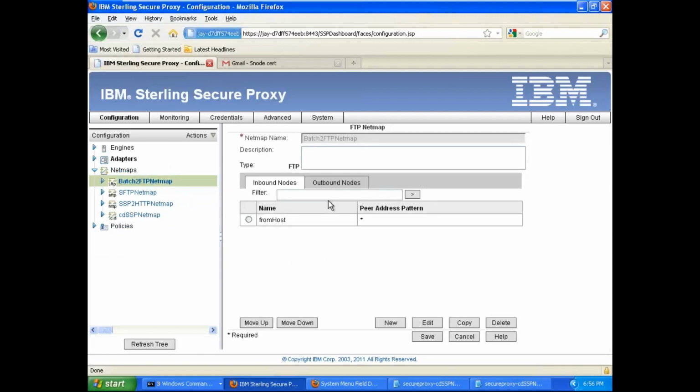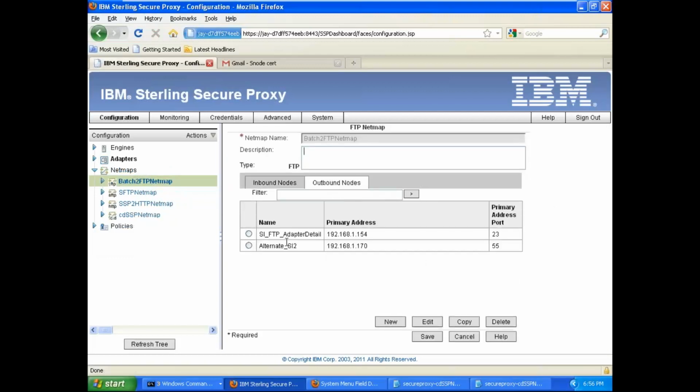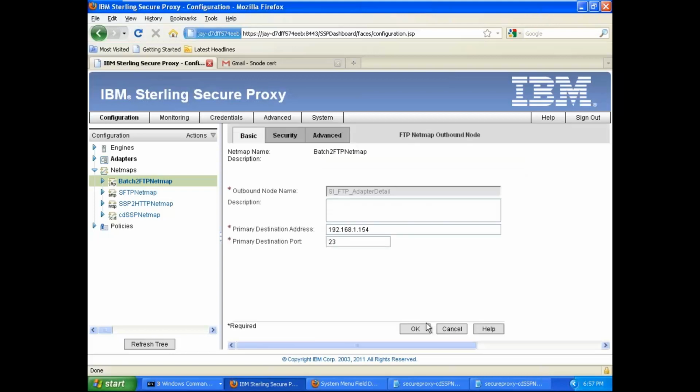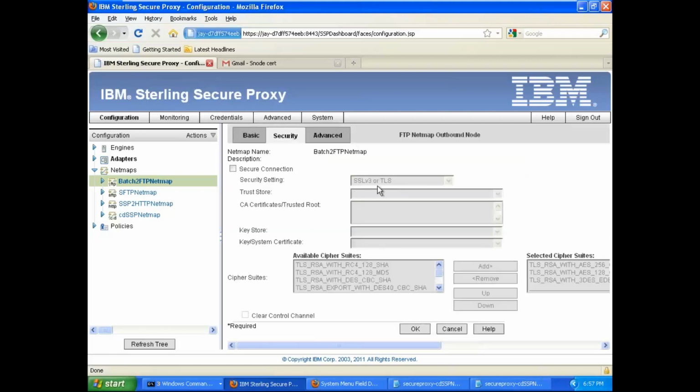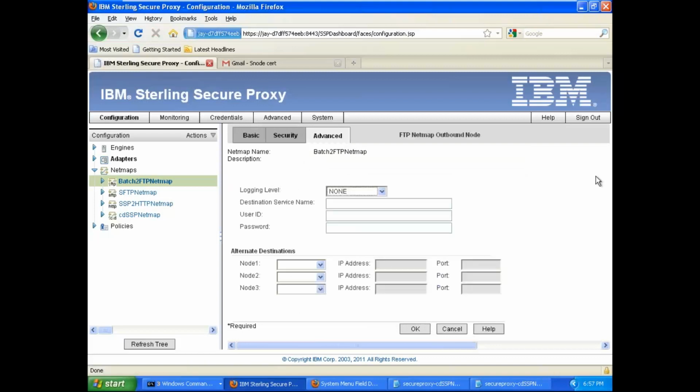Done. Okay, now I have two outbound nodes defined in my outbound network. But this is my primary node. Okay, I will update this. I will click on edit, security, advanced. Here I will